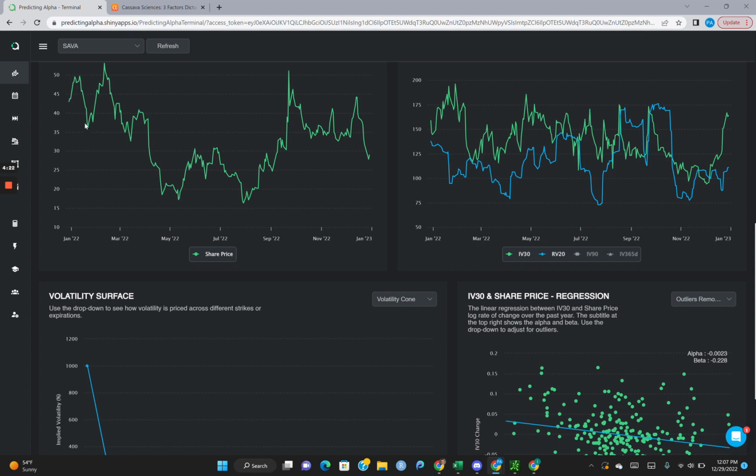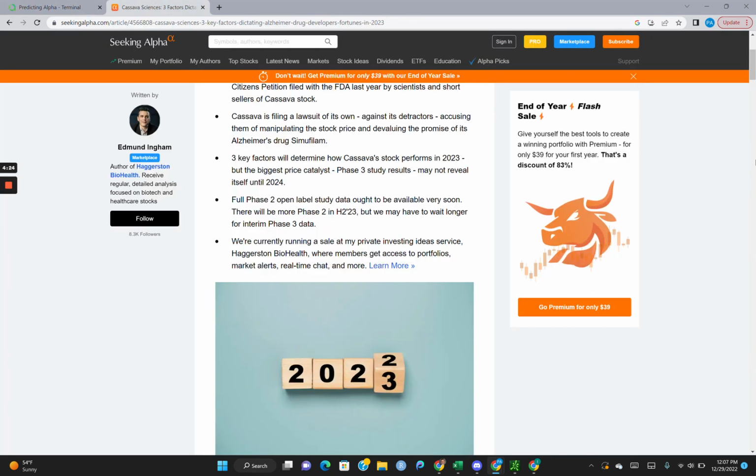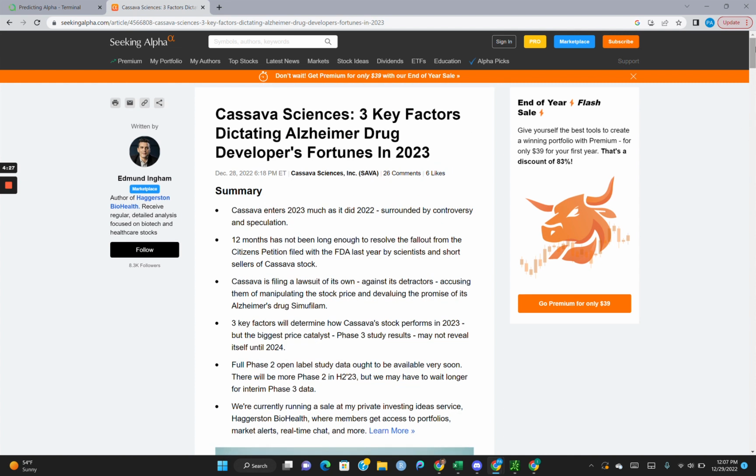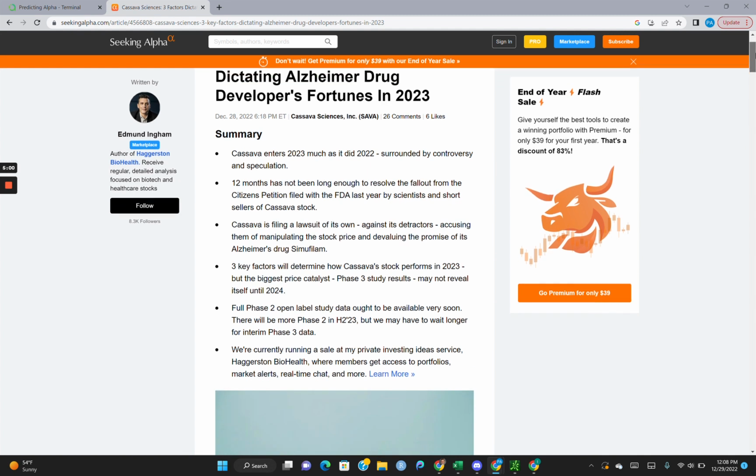But now we have to figure out why this is. And with biotechs, guys, they're not like your standard run-of-the-mill company like a Kroger, like an ExxonMobil, where it's really easy to analyze the risk factors. For example, Kroger right now may have risk factors with their inventory. That's easy. Just look at how quick they're able to get their inventory off their books. Look at how they're able to retain consumers while not having to cut prices as much, right? Things of that nature. Basically, how good are they able to combat inflation without cutting into their profits, right?